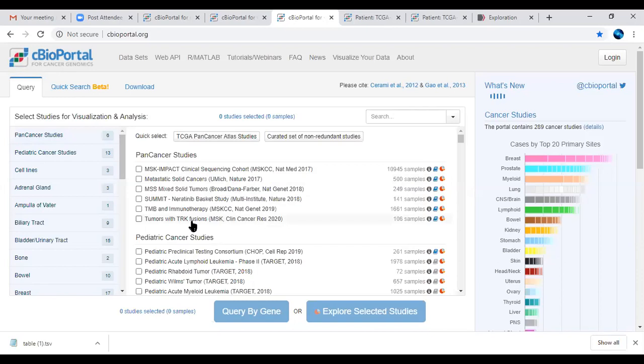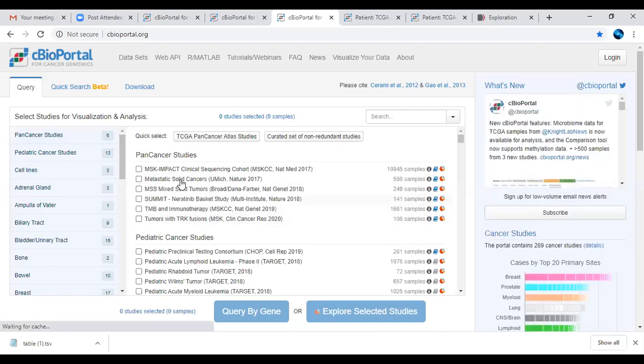Now I'm going to show you one cancer type. One cancer type we have seen. Now we are going to see, if we have gene sets with us, how we can upload those gene sets and explore by using different studies with respect to cancer type that have been stored over here. So I will just click on TCGA pan cancer study, this particular option.